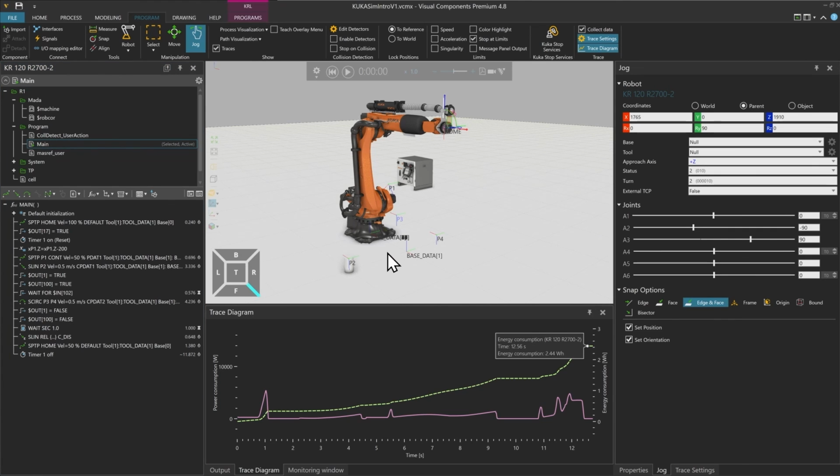I hope that you had a good video and you learned about first the basic configuration of the robot with the base and the tool management. Then in addition to that, the basic programming and the expert programming with the relative movement and the calculated points and bases. And in addition to that, the tracing function with the energy consumption and the point optimization. And last point was the export to WorkVisual, so you can now continue with the commissioning of the robot.